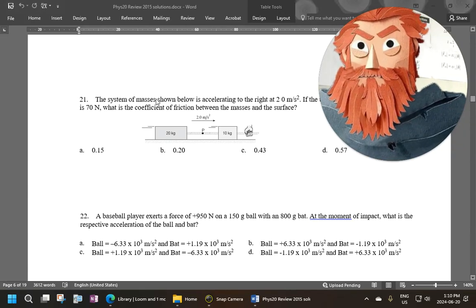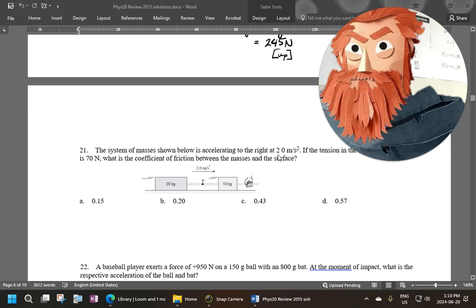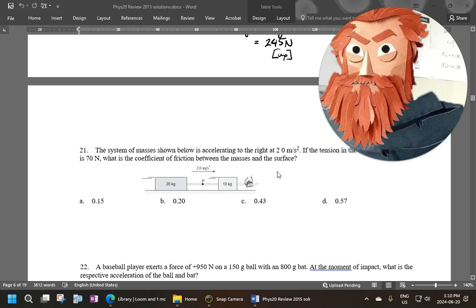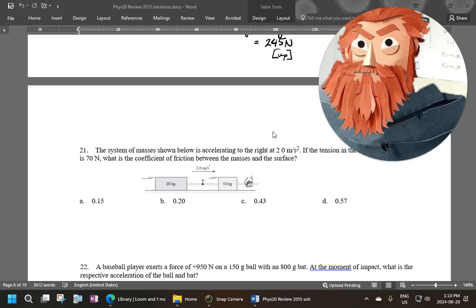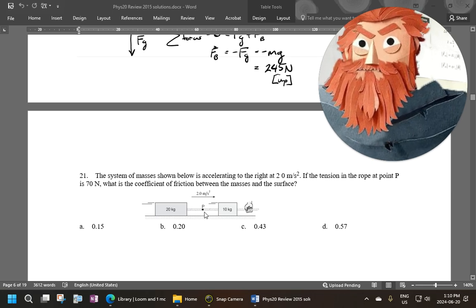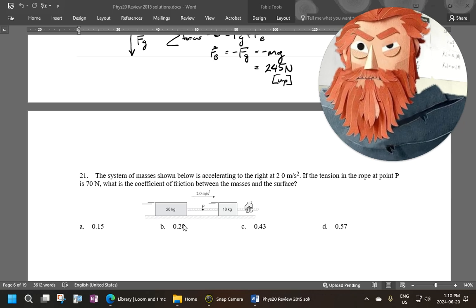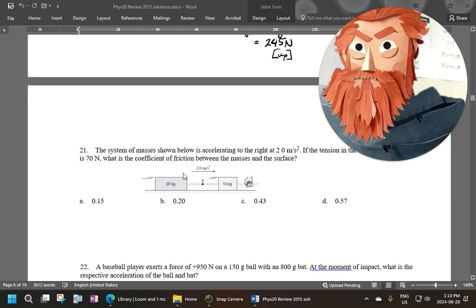All right, so we got a system of masses as shown here, accelerating, I'm going to assume, at 2.0 meters per second squared to the right. If the tension in the rope P is 70 newtons, that's the one in there, what is the coefficient of friction between the masses and the surface? Okay, so